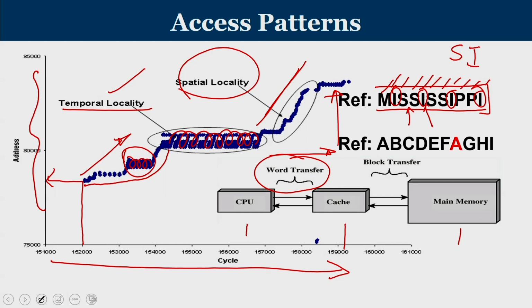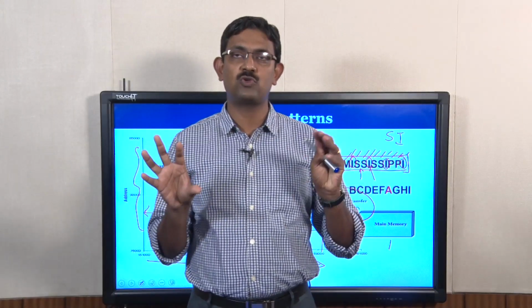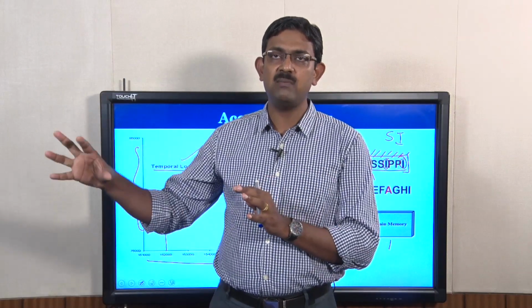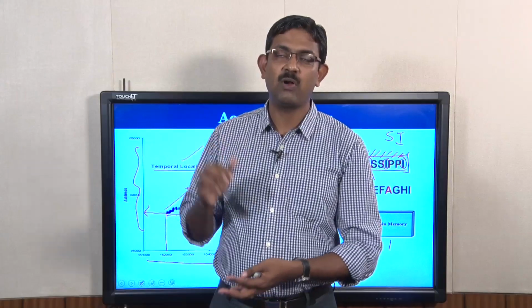When the cache misses something, it goes to main memory and brings a bulk of data, not only one word, because of spatial locality. I will bring a larger unit of data, and that is what is known as a block. So please remember this fact: the processor contacts the cache first. If the requested word is there, supply the requested word. So the unit of transfer between cache and the processor is always words, and the unit of transfer between cache and main memory is always a big block of data.